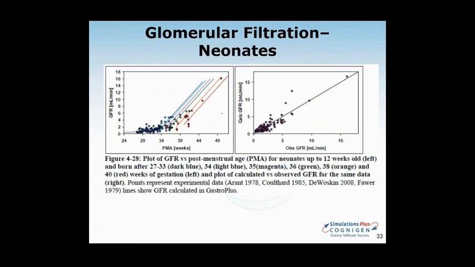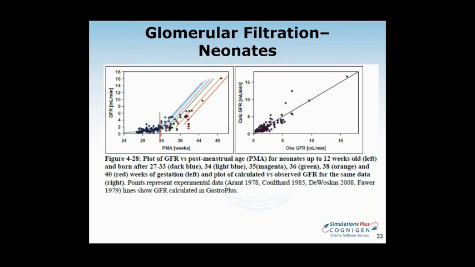It does become a bit more complex again once we go into the neonates, where this is one of the parameters where both the gestational age as well as postnatal age have their own separate effects. The glomerular filtration rapidly changes within the first few weeks after birth. So it starts increasing rapidly right after birth, and so this start would be dependent on when the baby was born, but again, this would be dependent only on birth after about 33 weeks.